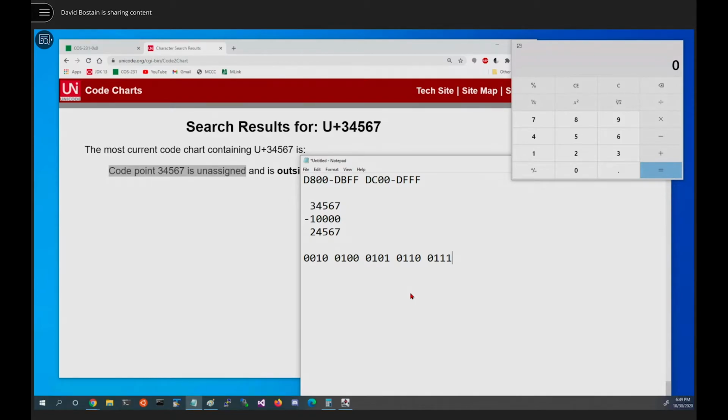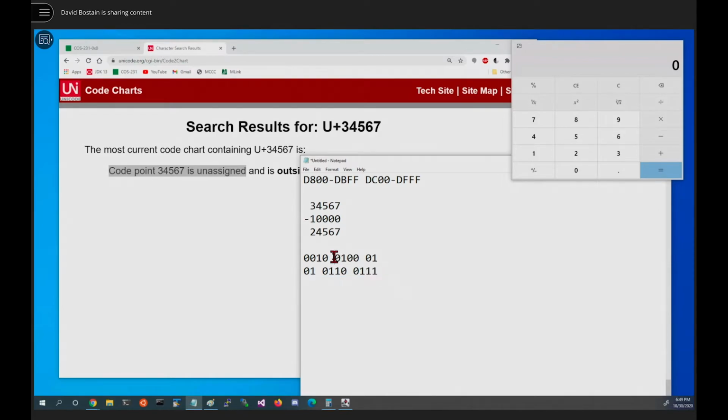Now, how many nibbles did we write out there when we did that? We wrote 5. We need to split it in the middle, right there, so that we have 10 bits in each portion. The first 10 bits are going to be right justified and added to our high surrogate. The second part is going to get right shifted and then added to our low surrogate.